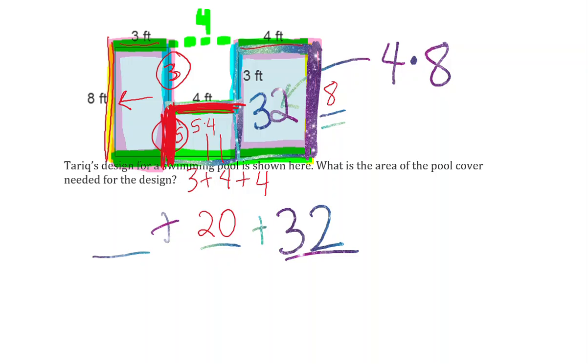And then you're left with this last rectangle that has the top of 3 and the left-hand side of 8, and 3 times 8 is 24. So we add up those 3 rectangles, 24 plus 20 plus 32